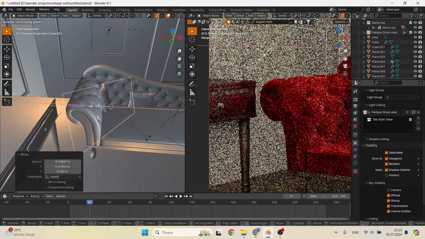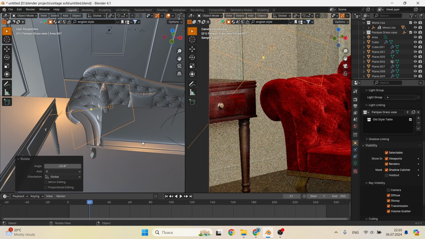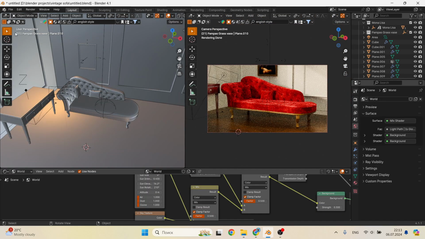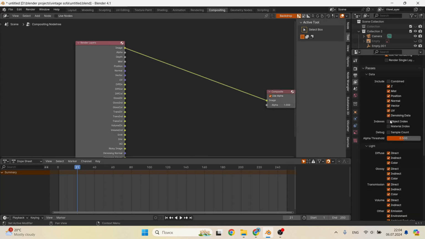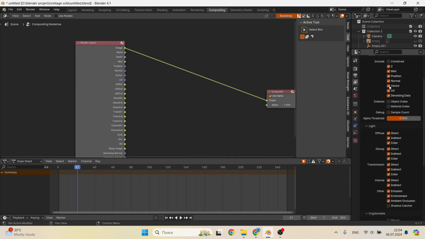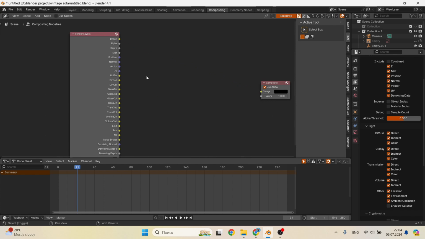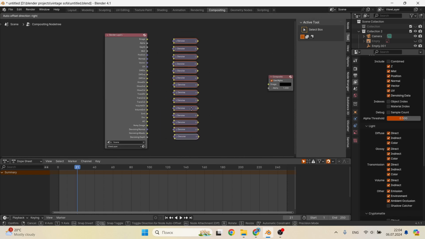After we have made sure that everything is configured correctly, we can click on render image. But this is not the final yet, there is also compositing, this is post-processing of the image. As I told you, I will show you a very interesting and powerful way of noise reduction. The thing is that we split the rendered image into parts and denoise each of these parts separately and then put the image back together.